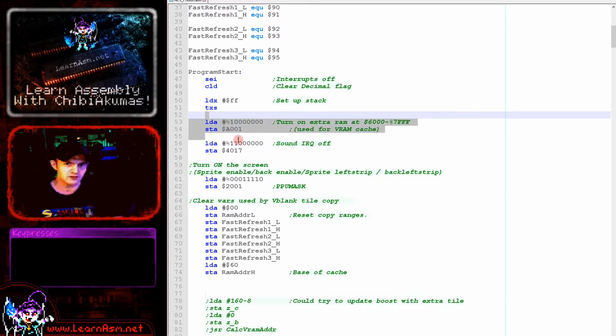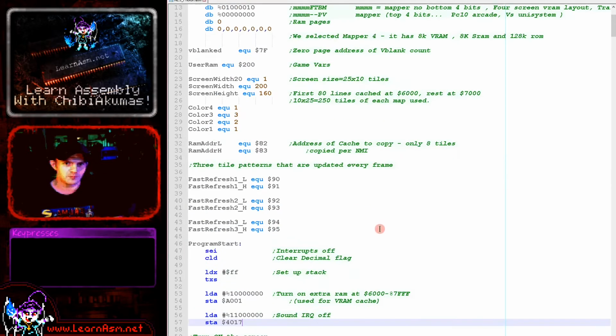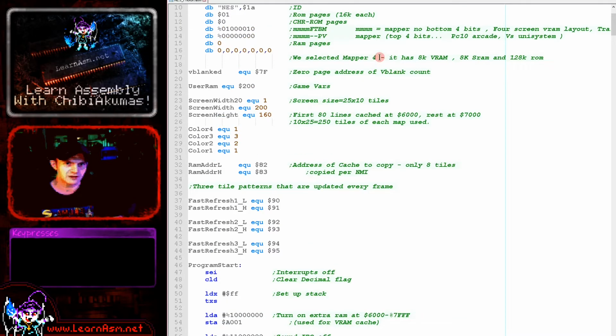We write the top bit as 1 to A001. Now this is a function of some of the mapper cartridges, so you need to select the correct mapper. We're using mapper 4 here, which has that function. So that's giving us the extra memory. What we're then doing is defining RAM address L and H here to point to the next area